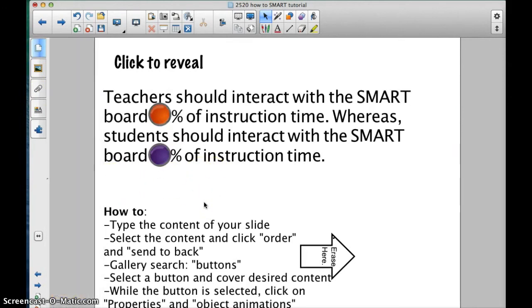One thing we really want you to consider when you are making your Smart lessons is the amount of time you, the teacher, are interacting with the Smartboard versus what the students are interacting with the Smartboard. And here's just an example of an interactive button. When I click on that, it reveals that teachers should really only be interacting with the Smartboard 20 to 30% of instructional time versus students interacting with the Smartboard 70 to 80% of the time,